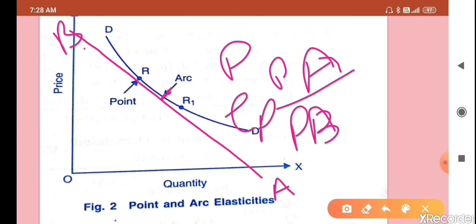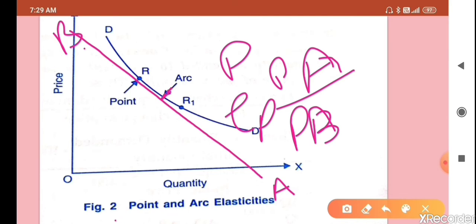So this was the point method, used when we have to calculate the elasticity at a point, either on a straight line or on a curve. We cannot calculate distances on a curve properly, so we first make a straight line where the point is located, and then take the same formula, lower section upon upper section. This is the method we can use for point elasticity of demand. Means at a particular point we can calculate by these two methods. These are both geometric methods.